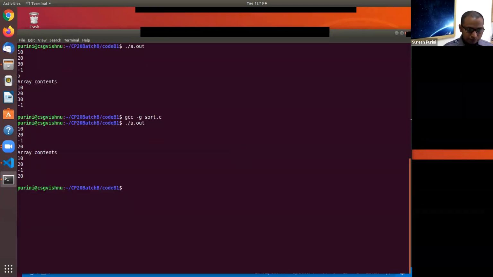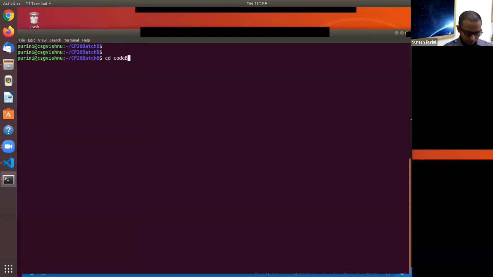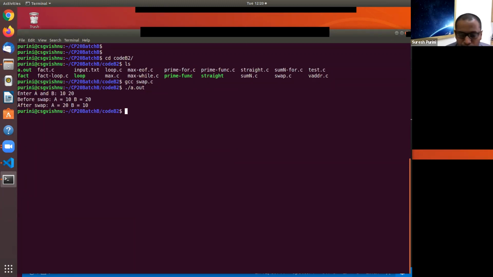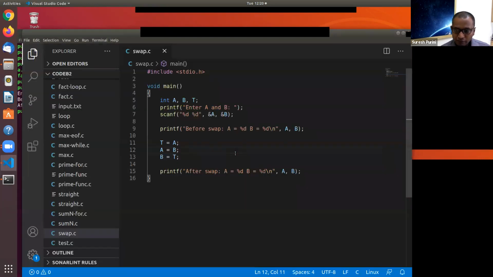Let's compile this code. Okay, 10, 20, you can see that the contents of these two variables got swapped. Are you happy with this program? Does this make sense?